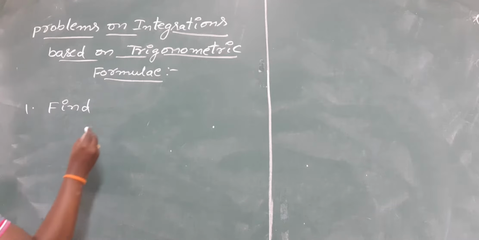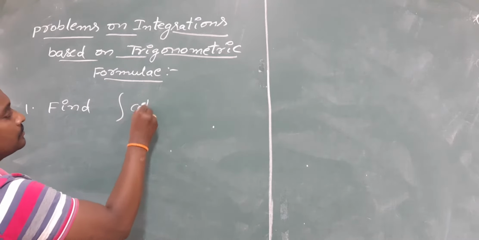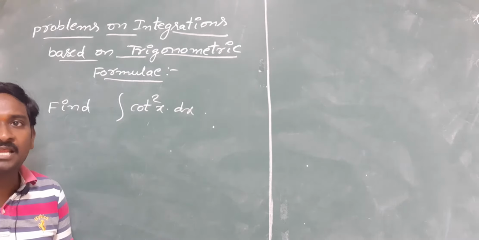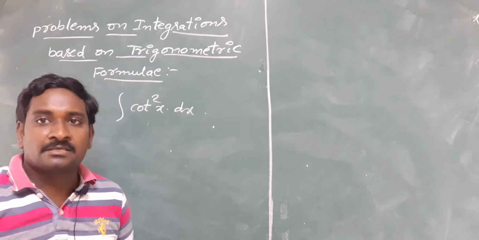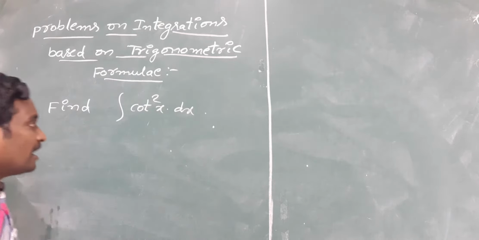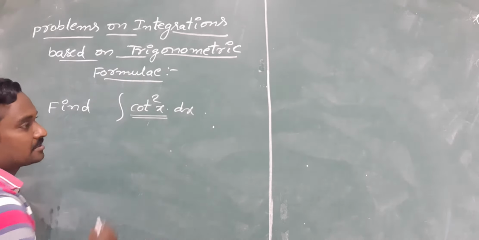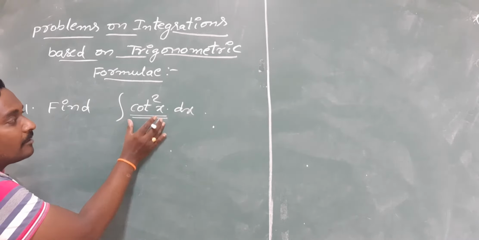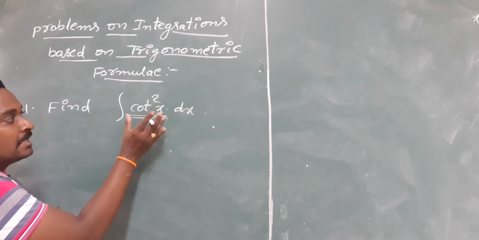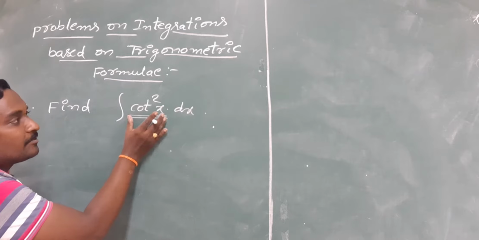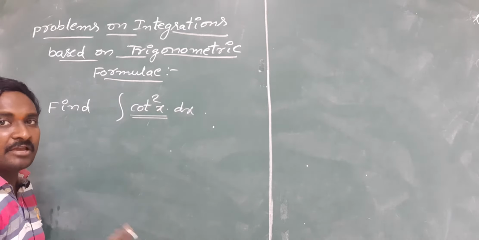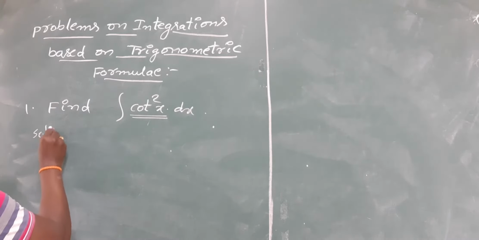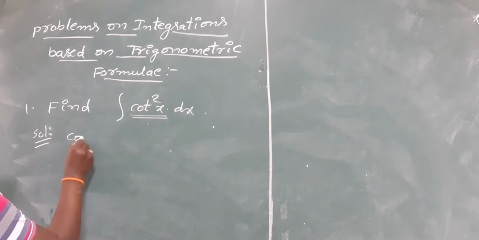Very first problem, find integral cot square x dx. Integral cot square x dx. We are observing that we do not have the direct formula for cot square x. Please see the list of the formulae. We do not have a direct formula for cot square x. That's why we can change the term cot square x by using a trigonometric formula. Then we can get the formula on integrations. Solution. Consider